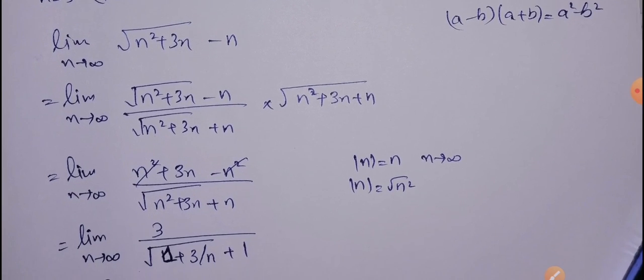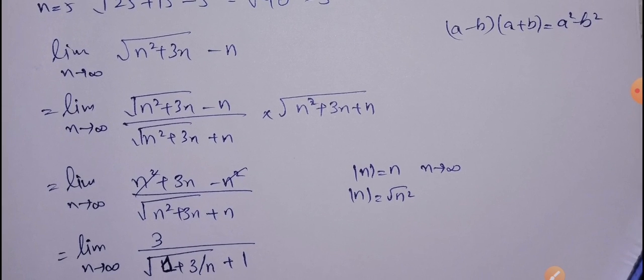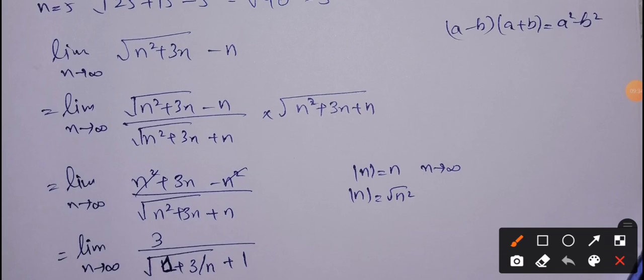square root of n square plus 3n minus n, and obviously we have to rationalize the expression first, and whenever we are going to rationalize it, we will multiply and divide the expression with the plus n, and here the square root is still here. So why are we multiplying the expression, square root of n square plus 3n minus n, with square root of n square plus 3n plus n? In order to make the formula a minus b into a plus b, so that we are able to have a square minus b square, and we can easily cut down the square root.